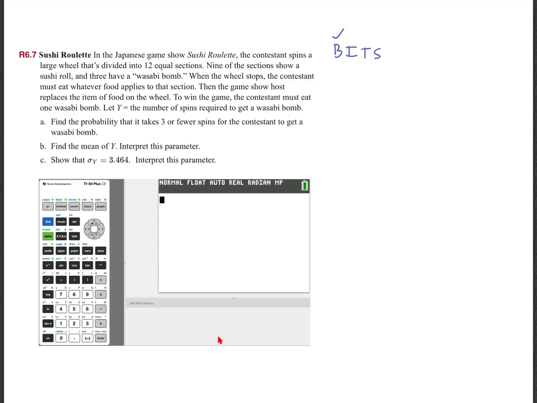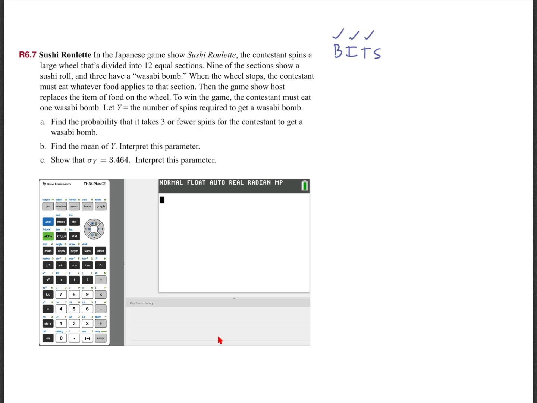Okay, independent, yeah, because the wheel makes it like a random thing every time to what it lands on. And then BITS is trials until a success, and that's what this is. You're going to keep spinning until you get a wasabi bomb. That could be on the first one, it could be on the 10th one. You could get 9 sushis in a row, and then the 10th one is a wasabi bomb, and so that